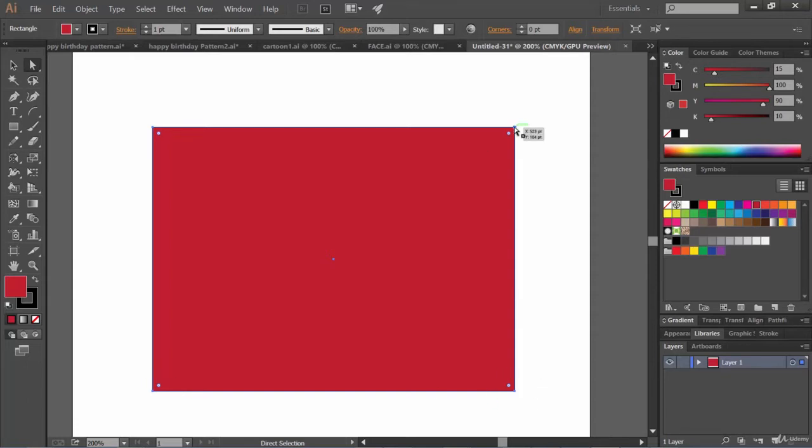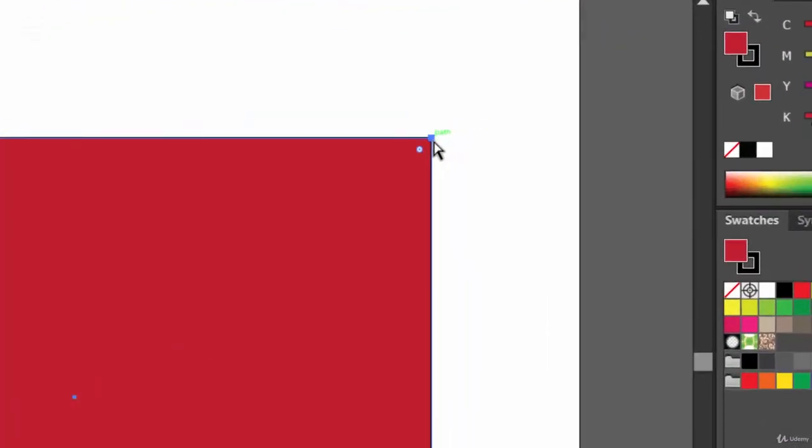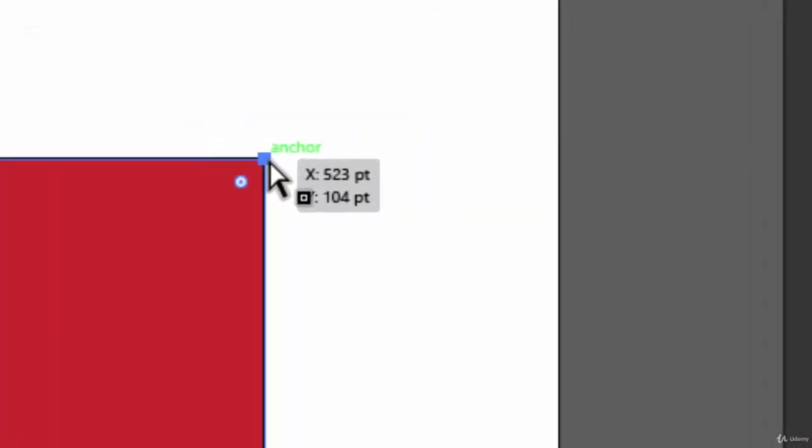And if you hover over these endpoints, you will see that it's written anchor. Yes, friends, these are anchor points. Each anchor point in this rectangle is joining 2 lines, or you can say it's connecting 2 lines. So this is what an anchor point is.